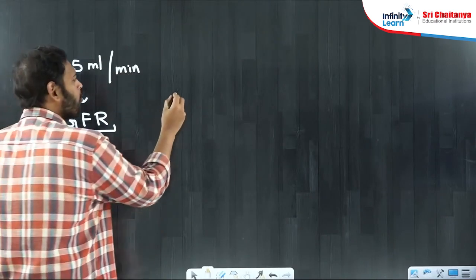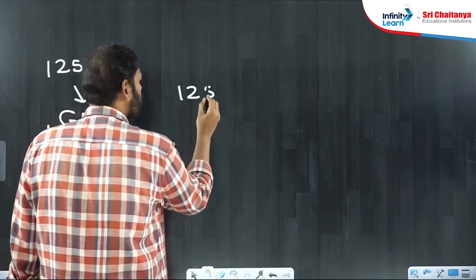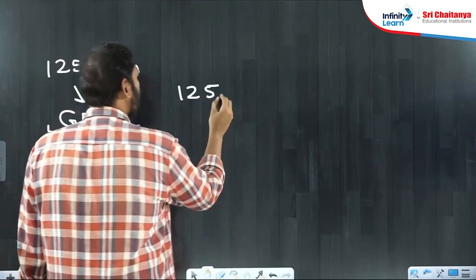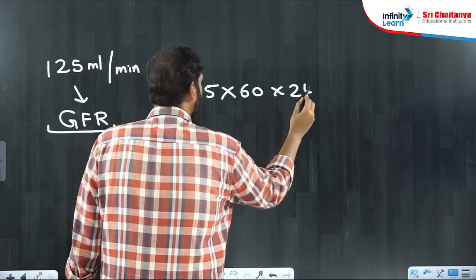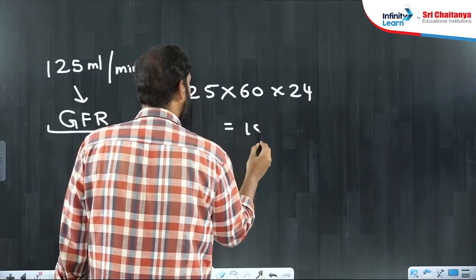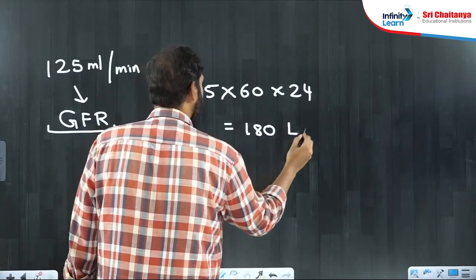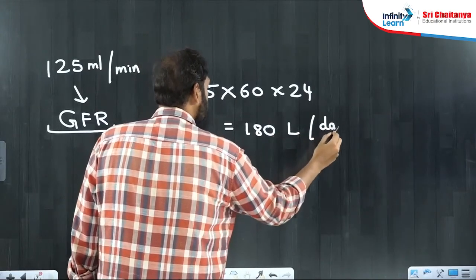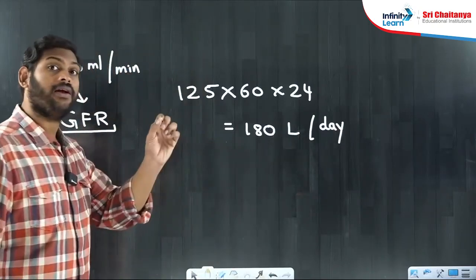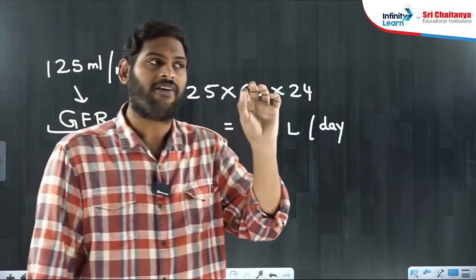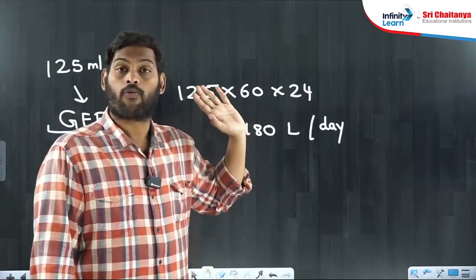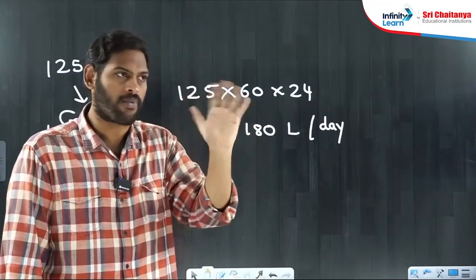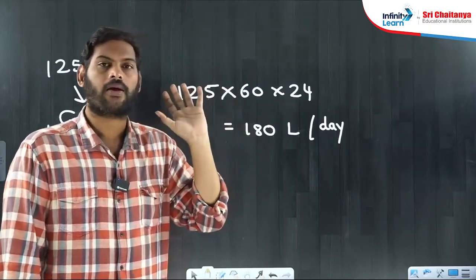So if it is 125 ml per minute, how much per hour and how much in a day? Which will be approximately 180 liters per day. So 180 liters of filtrate was collected every day. 180 liters of filtrate, not blood, filtrate. But